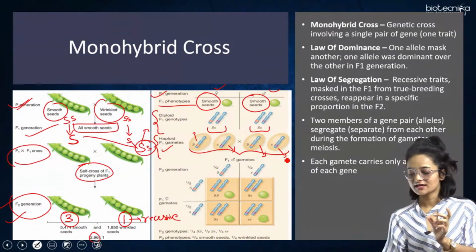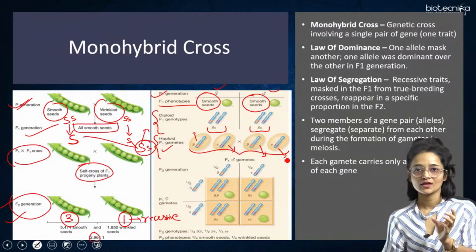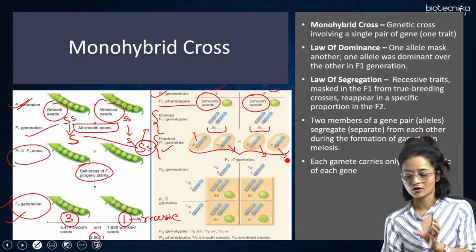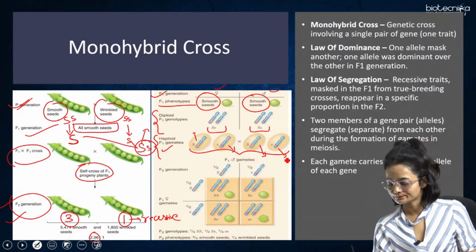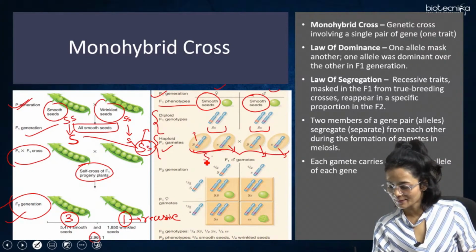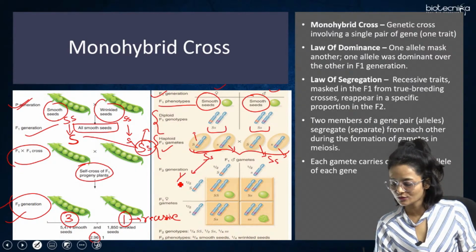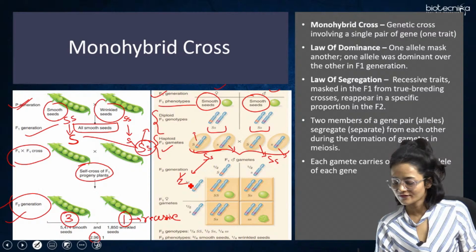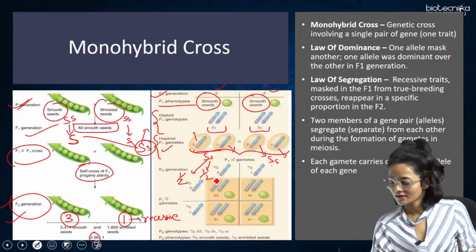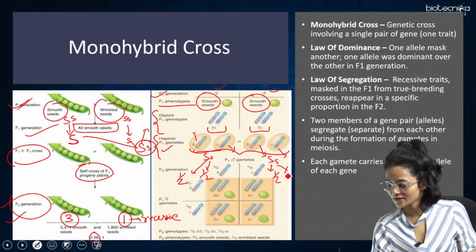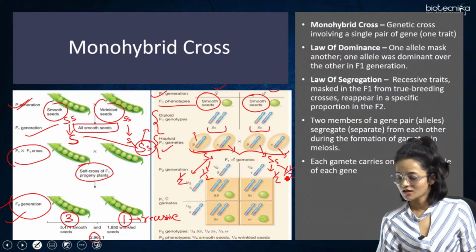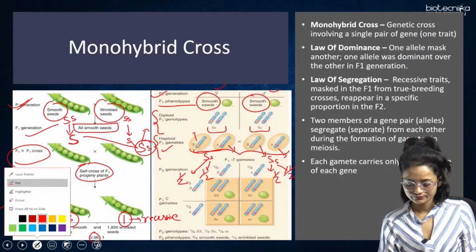And now what happens? These were self-crossed. Now selfing was done in F1 generation. Then what happens? The F2 generation was found, where it was shown. So from these are the two, the capital S, small s, capital S, small s. So from here, the one which would be coming would have half the effect, this would also be half, and this would also be half, right? So what it says here is,